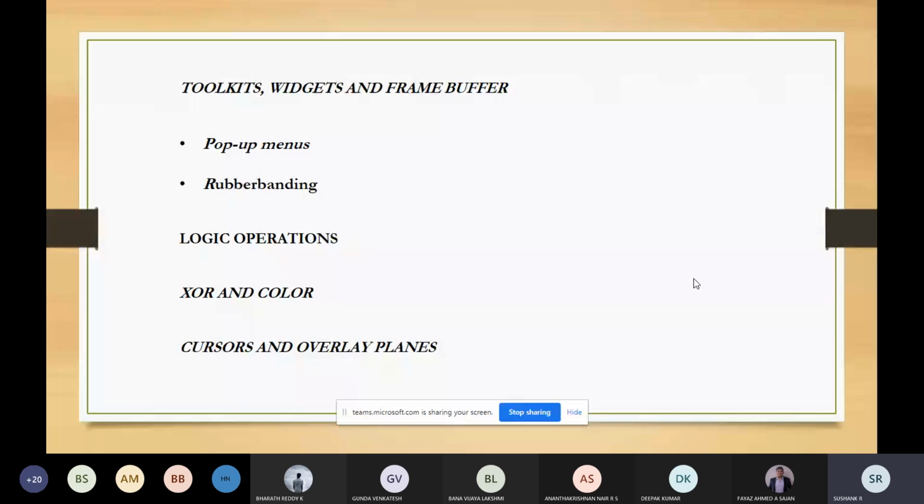Okay, so now this is the OR operation, no? I'll write this is the source pixel.